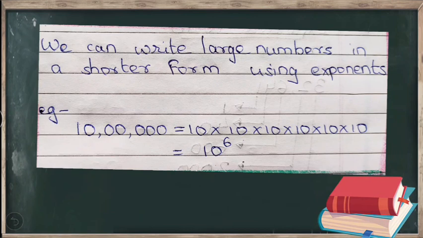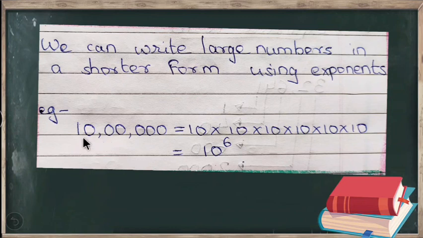Why do we use exponents? To read or write very large numbers, we use the concept of exponents. For example, this is our number. When it becomes difficult for us to read the number, what exactly will we do? We will read as ones, tens, hundred, thousand, 10,000, lakh, 10 lakh. We use this method. But what if a very large number is given and you have to read it on the spot? Then we use the concept of exponential form.